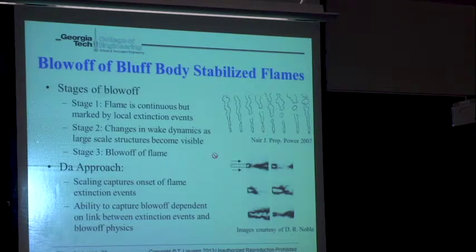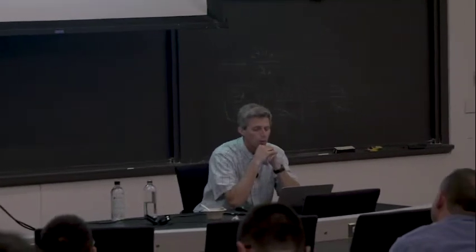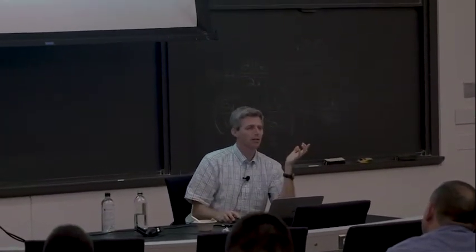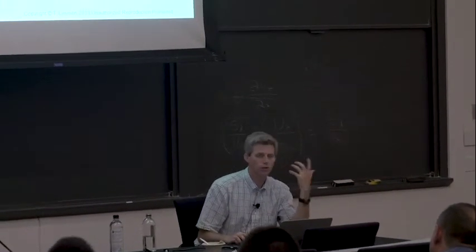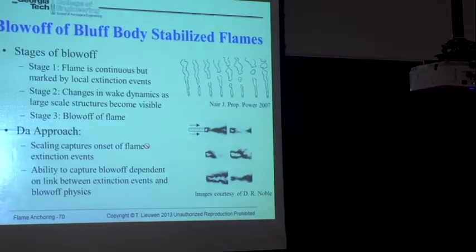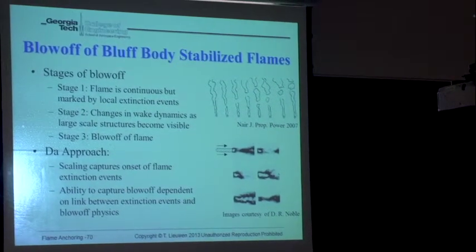So one of the things we've suggested concerns what our blow-off scalings do. For example, I mentioned before that if we take real blow-off data and calculate, let's say, a Karlovitz number, where we estimate a flow stretch rate and a flame extinction stretch rate, we can correlate the data reasonably well. But what I've just told you is that's not what's really happening in the flow. What is probably happening is that Damköhler number and Karlovitz scaling approaches, basically a flow stretch time, a flow straining rate normalized by a flame extinction stretch rate,